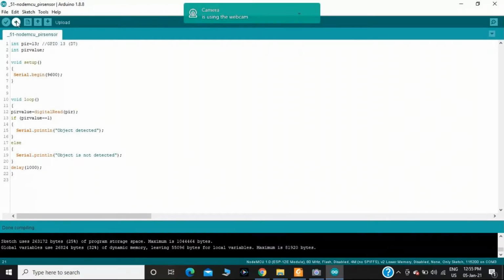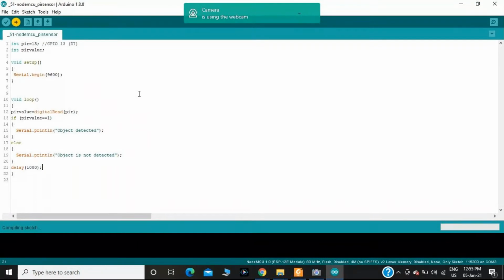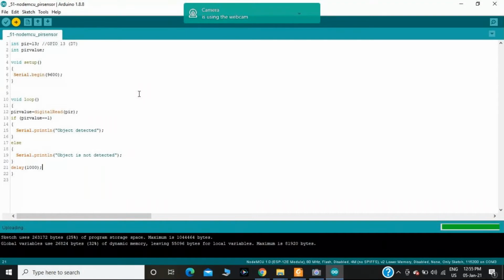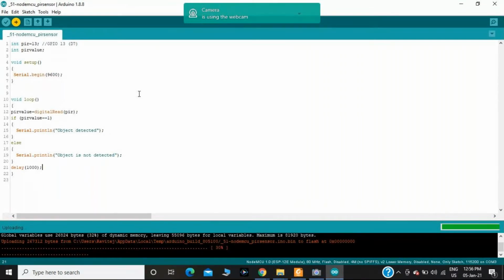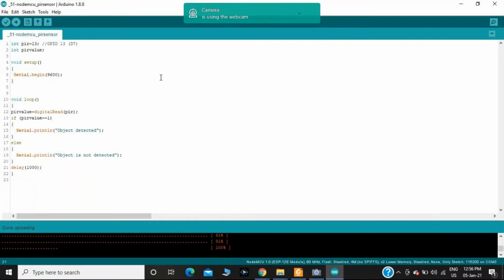Okay, done compiling. Then I'm uploading the code to the NodeMCU. Okay, here I have uploaded the code to the NodeMCU. Then I will check the response in the serial monitor.